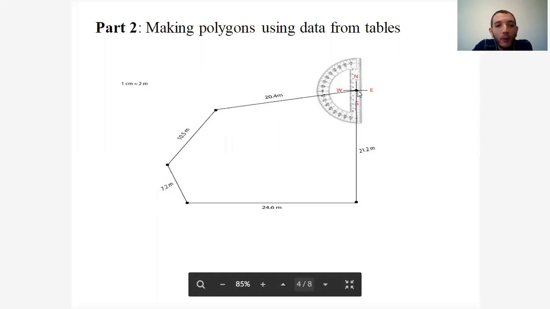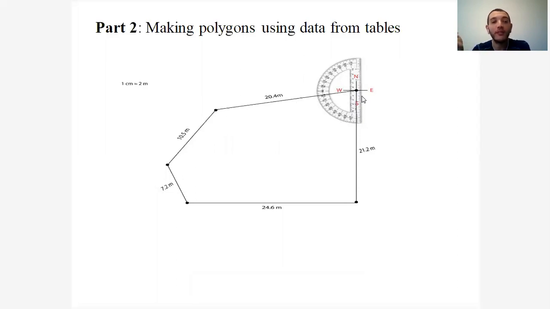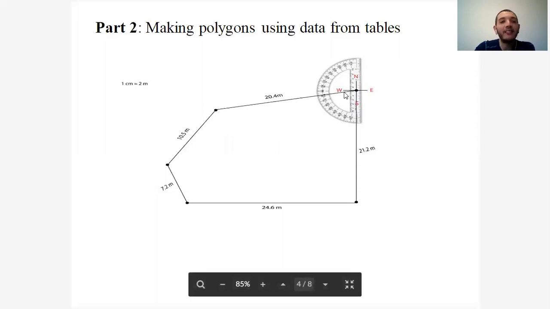The direction from point 1 to point 2 is south 80° west. This is the quadrant system, the 90-degree system. If you are using the data from the azimuth system, it's 260°. Why 260°? Because 260° can be found in this part. This represents 270, this is 180, so 260 is right here. To move from point 1 to point 2, the bearing is south 80° west, and the distance is 20.4 meters. Using this scale, this line is about